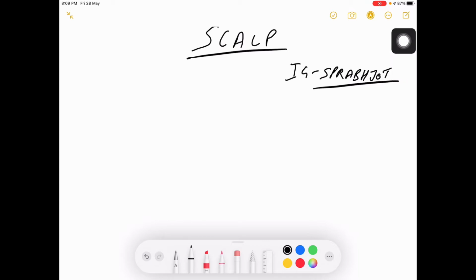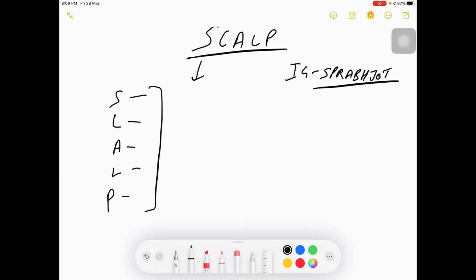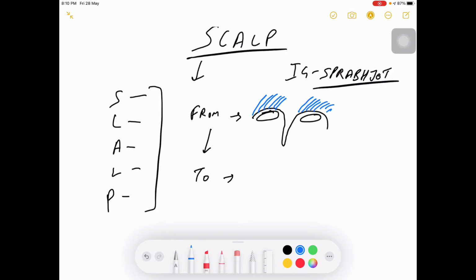So basically, what is scalp? Scalp itself is composed of 5 layers. The secret is hidden in its name itself. But prior to describing these layers, we would like to know where it starts and where it ends. So it basically starts at the supraorbital area. These are the eyes. Sorry for my bad drawing. So scalp starts from the supraorbital area, and then it goes up to the level of